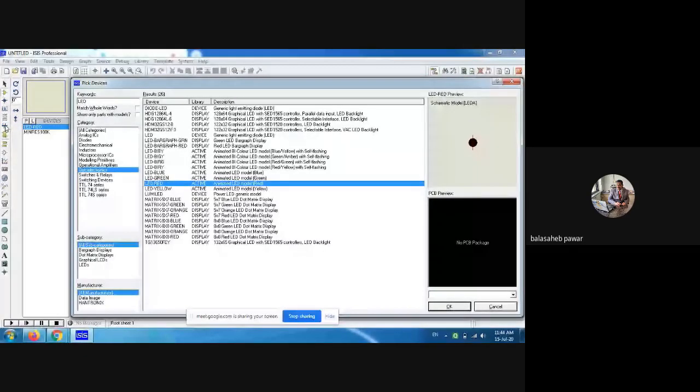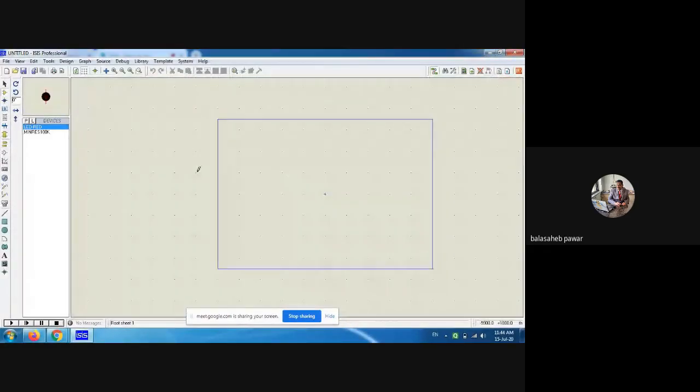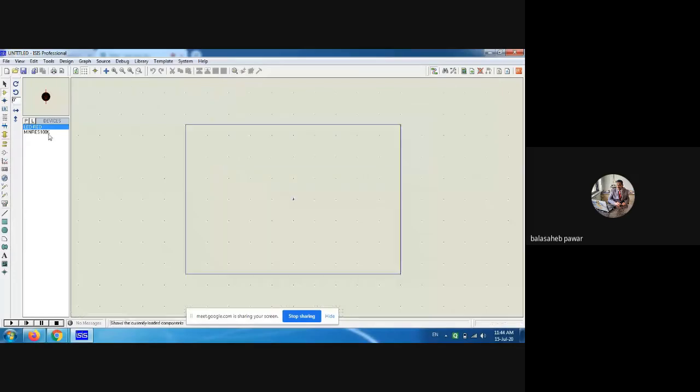Now I already selected that resistor of 100K, so I can change its properties. That means I can make it 1 kilo ohm as well as other values, right? First of all, select that resistor 100K and rotate it, because as per our circuit diagram we require it vertical.